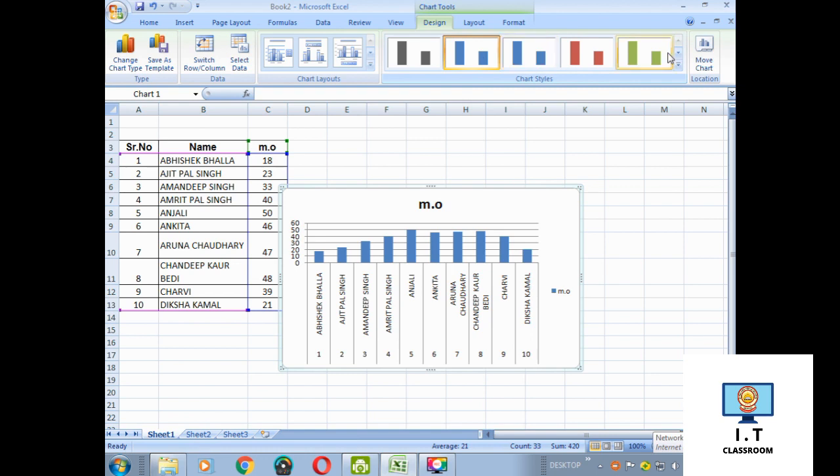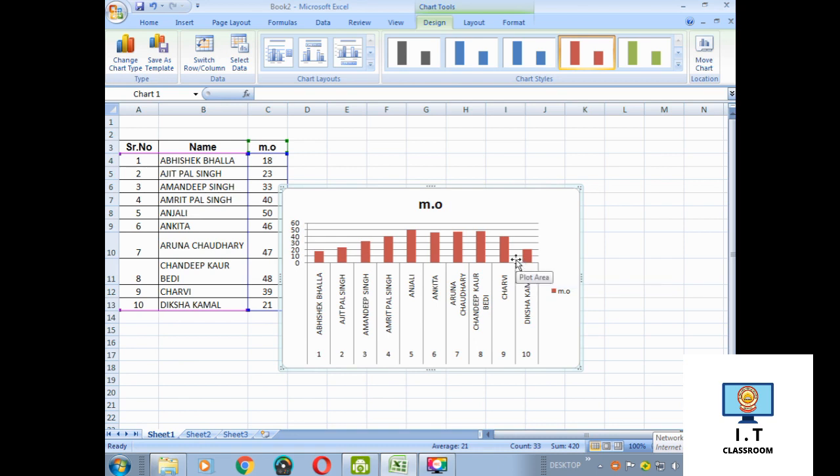Look at the screen. These are some chart styles. Whichever chart style you want, you just click on it and see the change here in the chart area. So in this way you can change the chart styles.